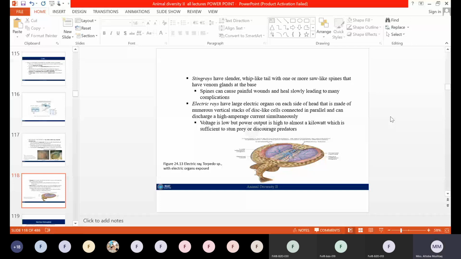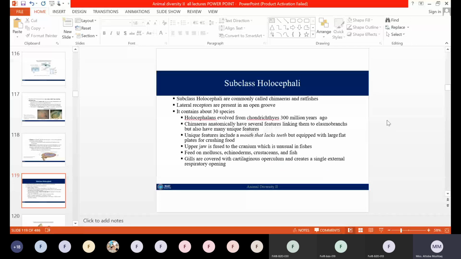But Holocephali is basically a combination of two words. Holos means whole, and the second word is kephalē, that means head, right? It is derived from two words, holos and kephalē. Holos means whole, kephalē means head. Okay, like they have a whole head, because of which they are named Holocephali, which is a subclass of